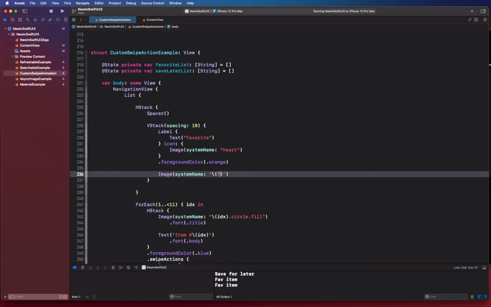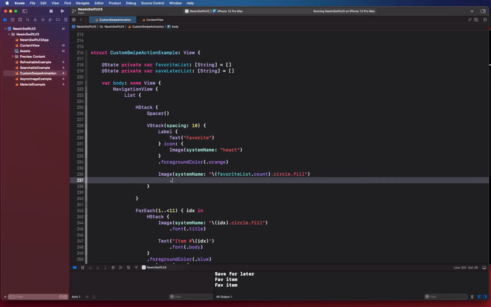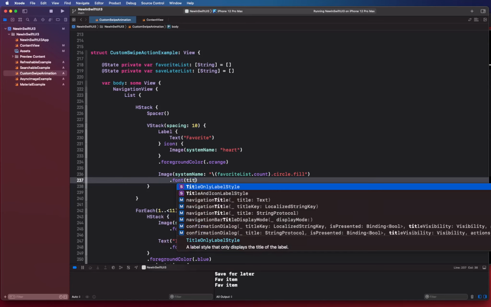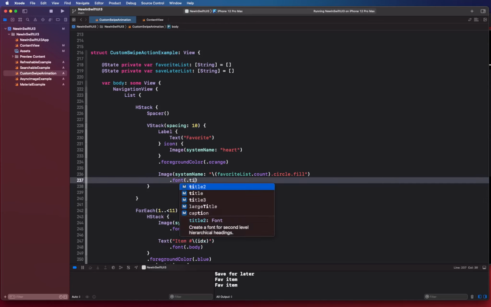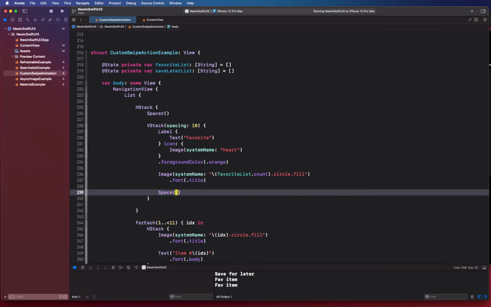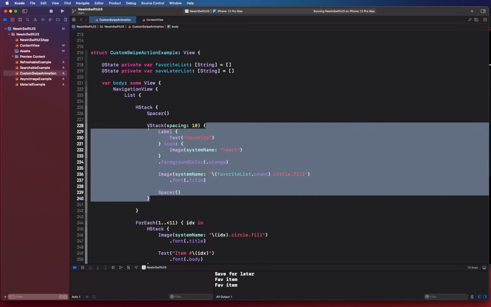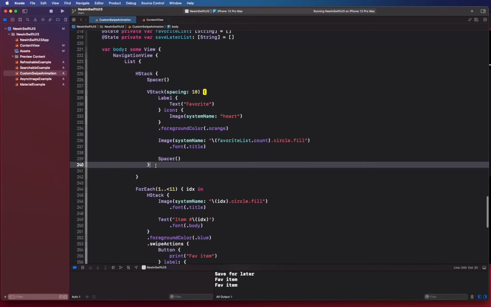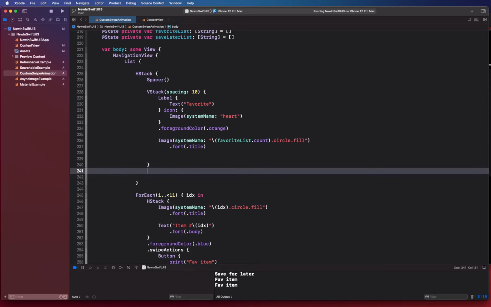So favoriteList.count.circle.fill, and we're gonna give this a font of title. Right, and we're gonna have another spacer right there. Okay, so that's our first VStack. Actually, the spacer, let's put it here,